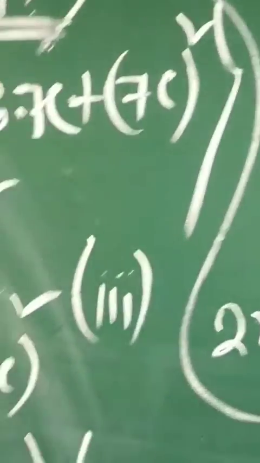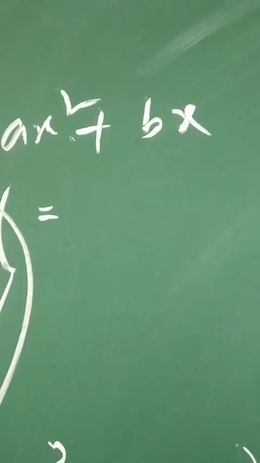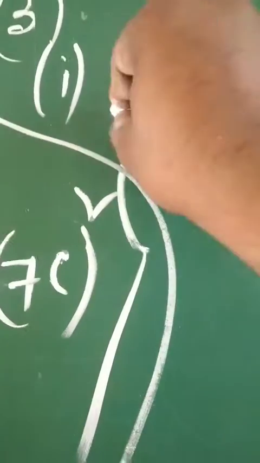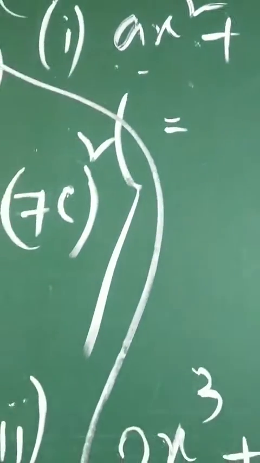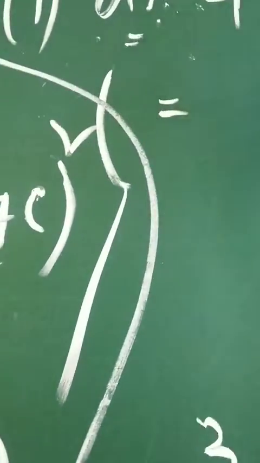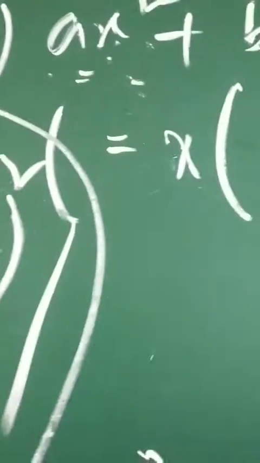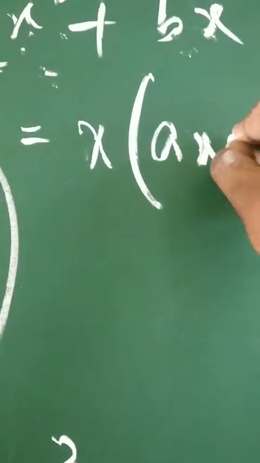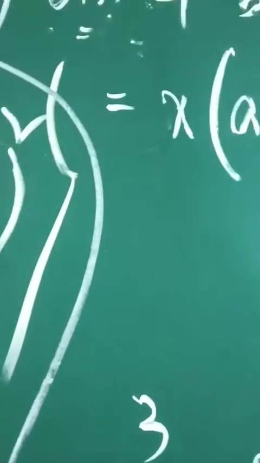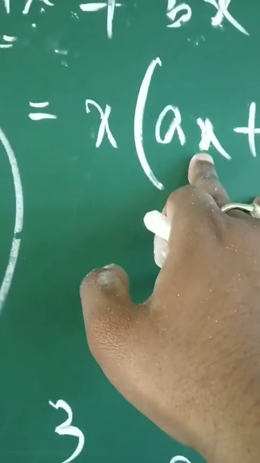Now we are going to deal with question number 3.1, that is ax square plus bx. Very simple. As we can see that no identities can be applied over here. So what can be done from here? We have to take x common from both of these two terms. Once I take x common, ax will be here plus b, because it was ax squared. X was multiplied twice, so one x has been taken away, so one more x is left.